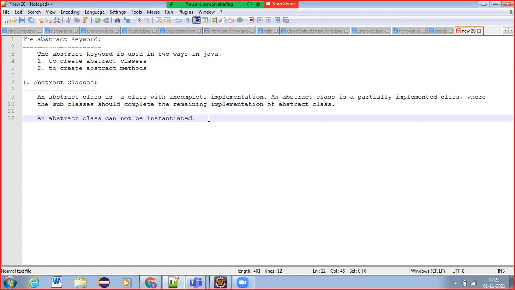So here, an abstract class cannot be instantiated means a very important point that you need to remember: we cannot create objects for an abstract class. If we declare a class as an abstract class, then you are not permitted to create any objects for it.